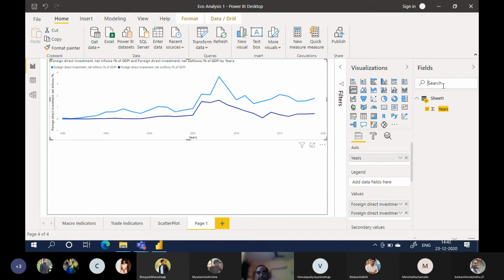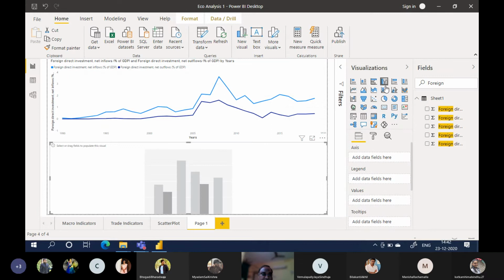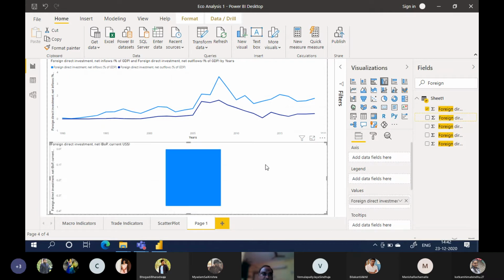You can also add any other thing at the bottom. We will add net BOP here, so we will add a custom clustered chart with net BOP and then add years to the axis.